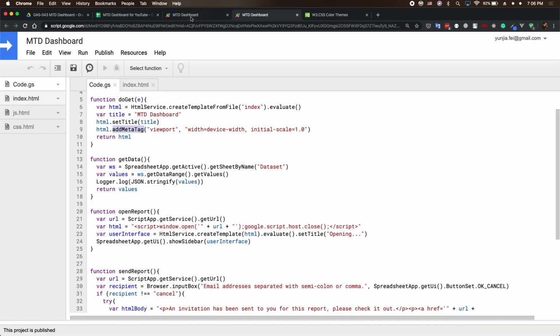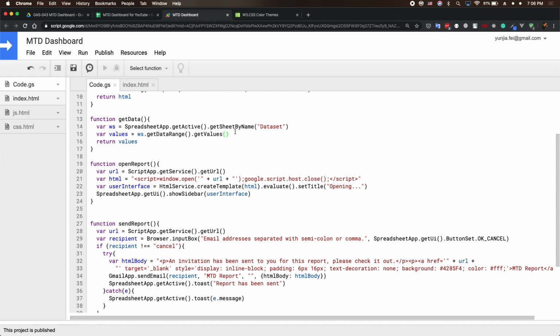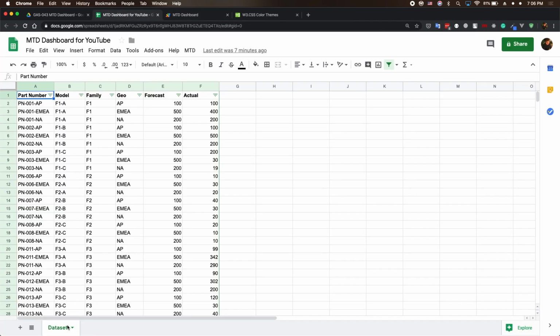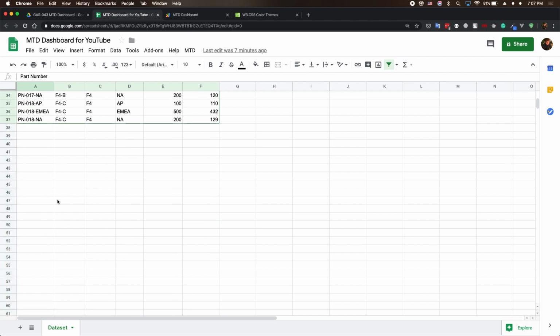Let's close that one, and so this get data function, I'm going to remove this log. Basically, it's going to get data from the sheet named dataset. So if you change your sheet name, you need to remember to change this value here. If you change to another name, you need to also change the code here. All right, so basically get all the values in this dataset. Okay,